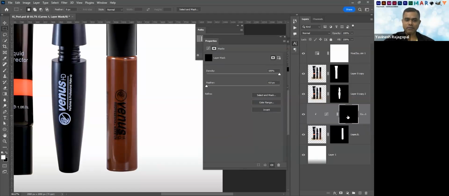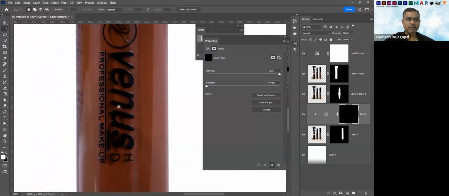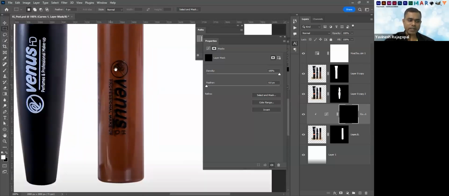After I make it black color, I want to brighten only this area. So I paint with white color at this area only. I go to my brush tool, change my foreground color to white color, and adjust my brush size. I lower down my opacity of the brush, and then I paint at this area to make it brighter. This 1% is too low, let me just increase a bit. And then I paint